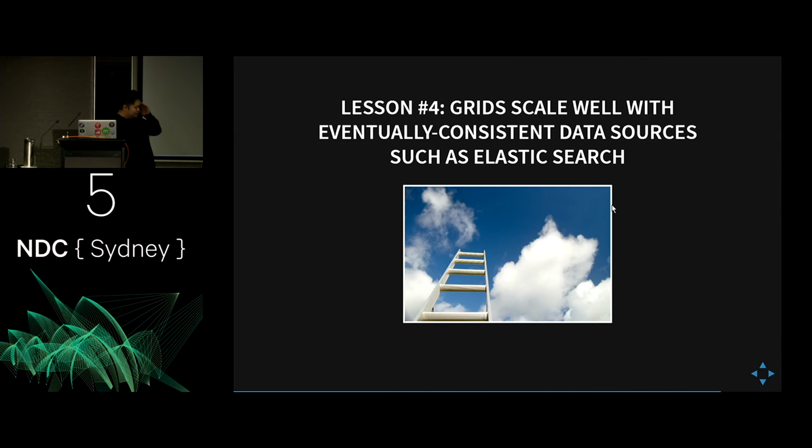Now, it goes without saying that if you have an elastic cluster of actor systems, you need to have a matching data source that could scale up with it. In our case, we found that S3, because of how it's built, could scale up well with the demand. At the same time, Elasticsearch, depending on your instance type, can scale up along with the number of actors that you have.